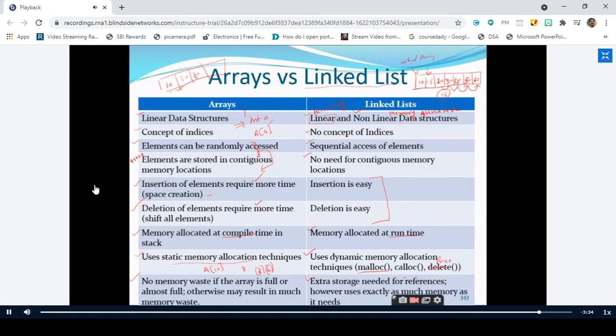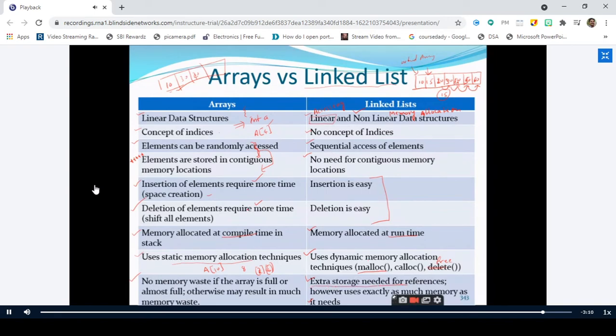However, it uses exactly as much memory as it needs. So in dynamic memory allocation, you will be using exactly the memory you want. That is the advantage we have with dynamic memory allocation. But in static memory allocation, there may be wastage of memory. But what is this extra storage needed for?